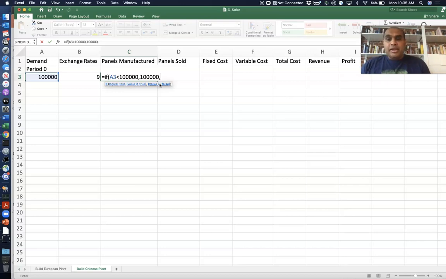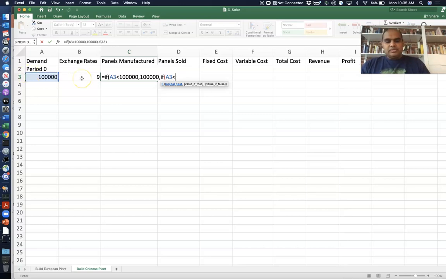So we are going to write another if function. We only come to this case if demand is more than 100,000. So we say if demand now is more than 130,000,